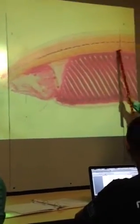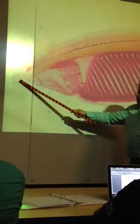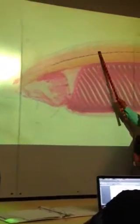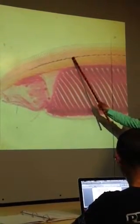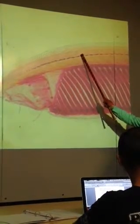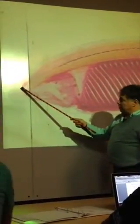Because the notochord, which is this thing right here, comes all the way out to the tip of the snout. It actually extends out here. And then the nerve cord, which is a dorsal hollow nervous system right up here, above it, has these little pigmented ocelli, O-C-E-L-L-I. What do they call them? Photoreceptors. Yeah, these are photoreceptors, except for the one at the end, the little dark one right on the tip. That's just simply referred to as the